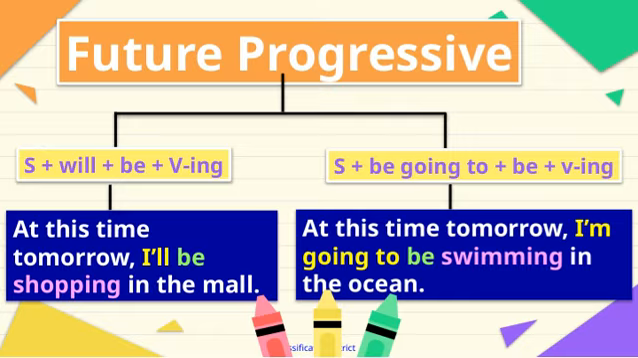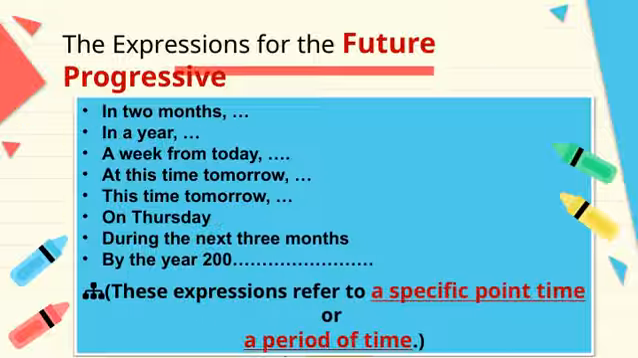And remember, this tense emphasizes the continuity of the action at a certain future time, making your plans sound more vivid and precise. When we talk about the future, these expressions help us specify particular points or periods of time. For example, saying in 2 months or in a year allows us to focus on what will be happening at those specific moments. Similarly, phrases like a week from today or at this time tomorrow pinpoint exact times in the